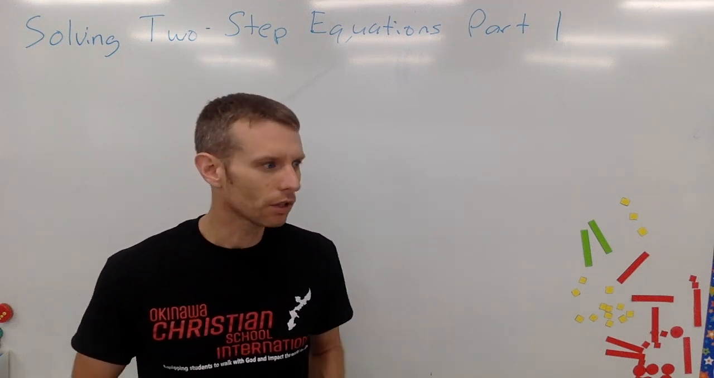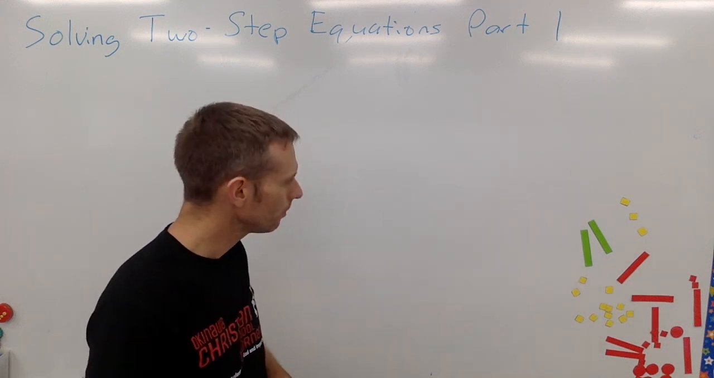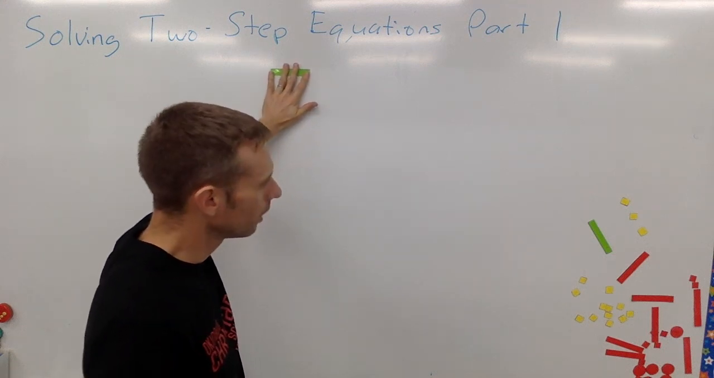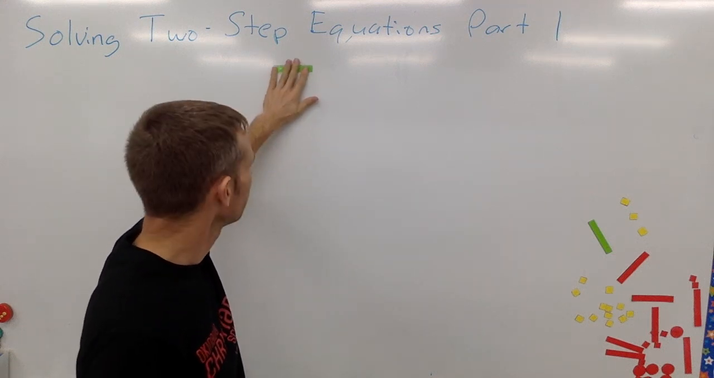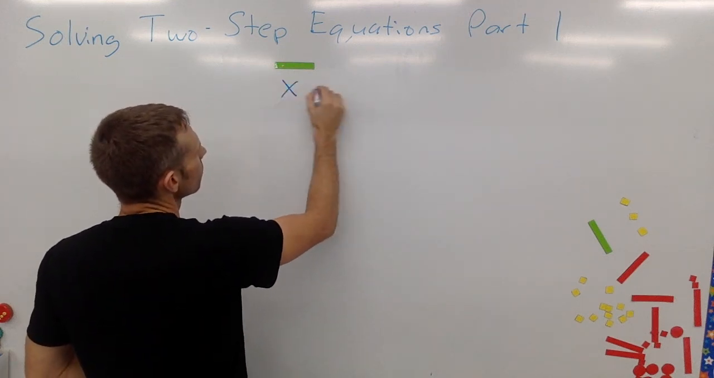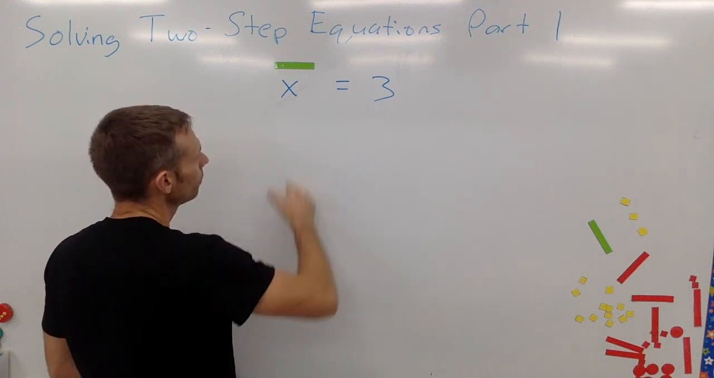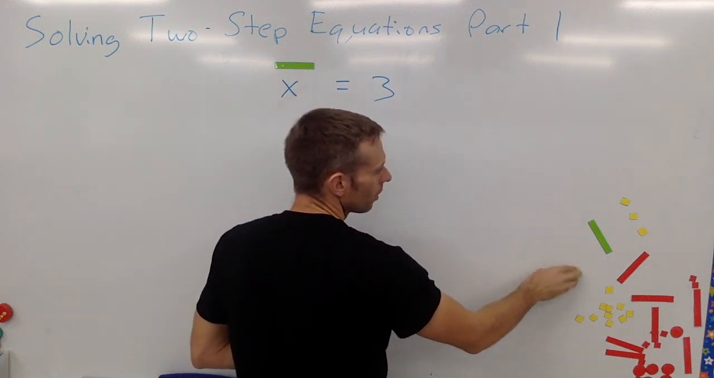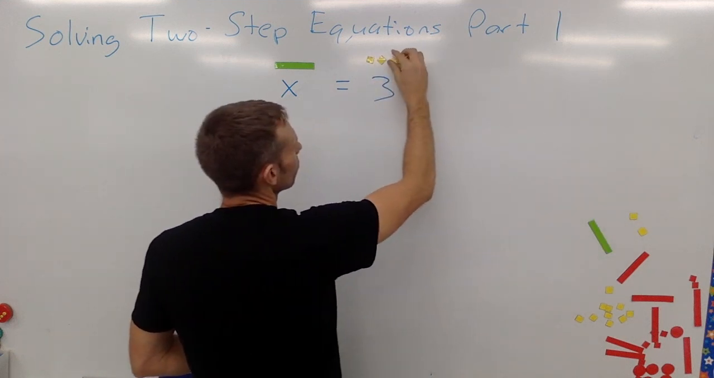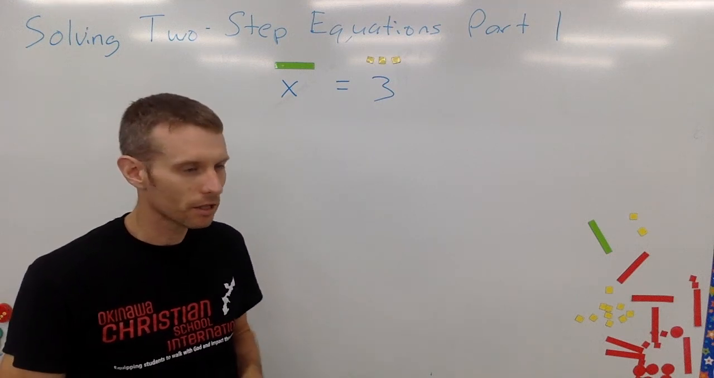Let's start with the solution and work backward and create a problem. Then you can see how the steps go in reverse. I'm going to start with what I'm already saying is the solution: x equals 3. As we know, the green rectangle represents our variable, and the yellow represents positive